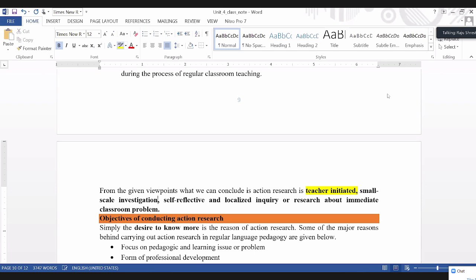Investigation. Small scale investigation. We go on searching, researching, asking questions, using new activity techniques to solve that. So small scale investigation is the second point you have to remember when you are talking about action research. Then another point is what,